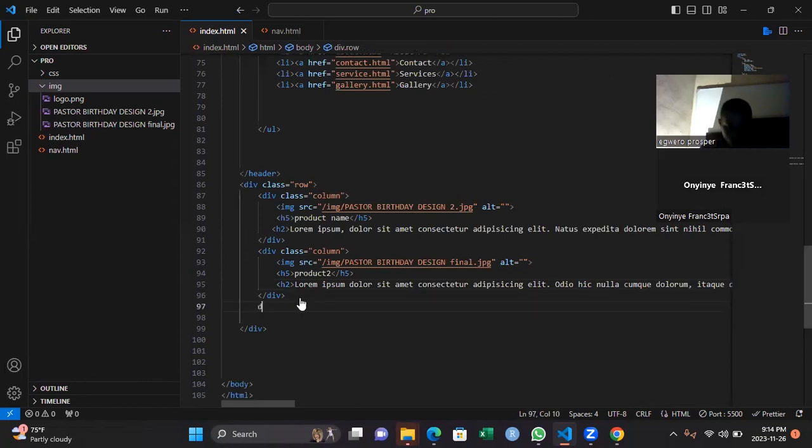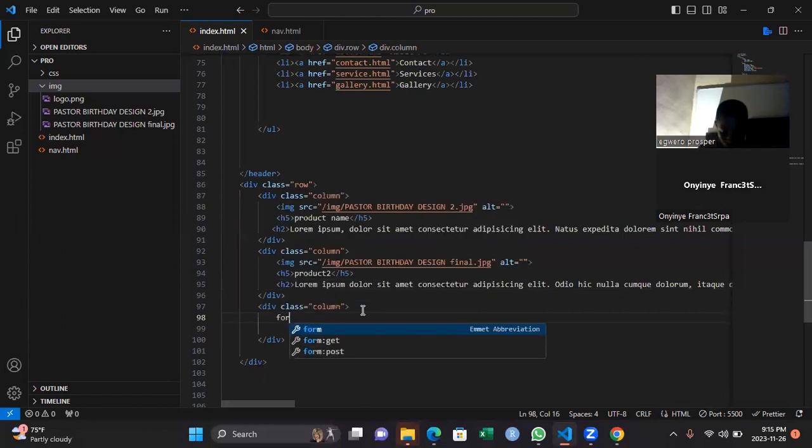So I'll create the third column, div again. What we have done is what I'm doing again now. I'll open it up. I'm still inside the div row. So I will also class it the same name as the other one, column. Then the image this time around is not an image, it's a form. So I will now type form. Then I will open up the form because the form is another container now, the form they are